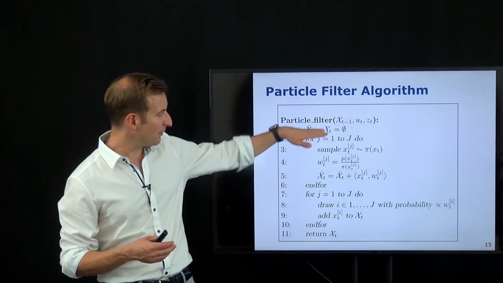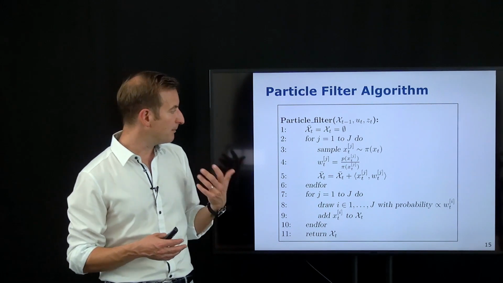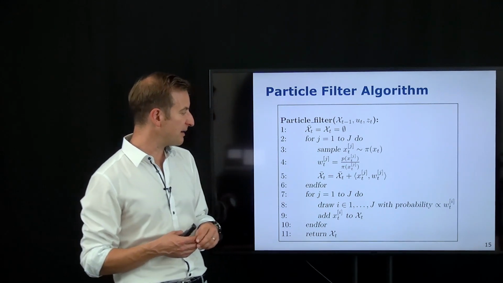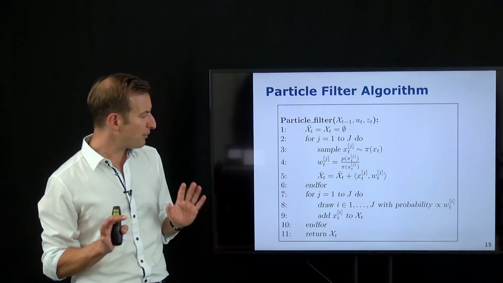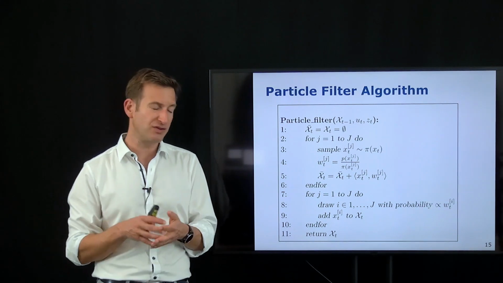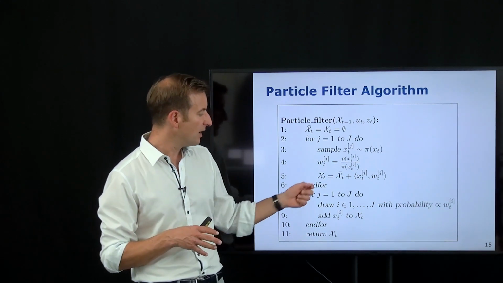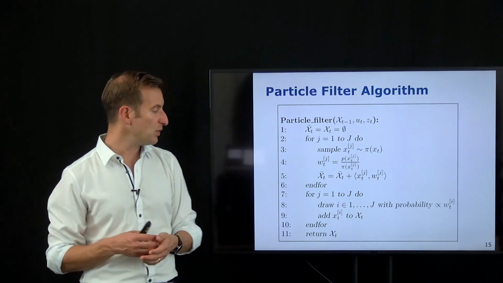So up to this step, once I have gone through the whole loop, I have basically done my prediction step and my correction step at the same point in time. So I will have a sample set x bar, which is my temporary sample set. It's not really the predicted sample set that I said before. Let's better call it a temporary sample set, which contains all the samples drawn and reweighted.